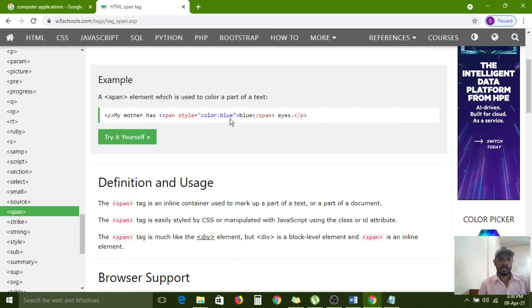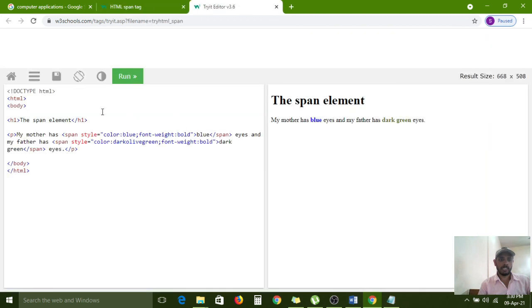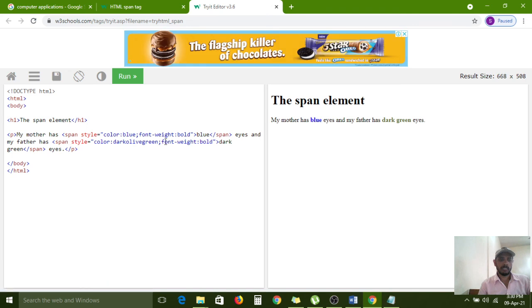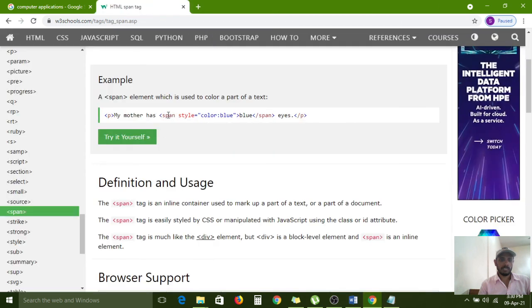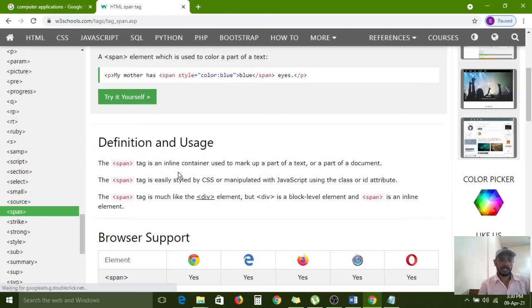So the span tag is applying one color. Run. The span tag is an inline container used to mark up a part of a text or a part of a document.